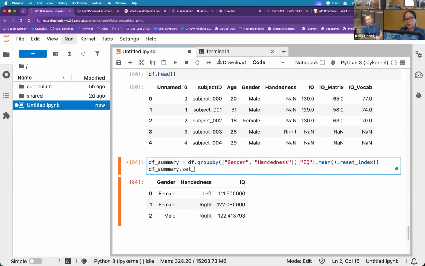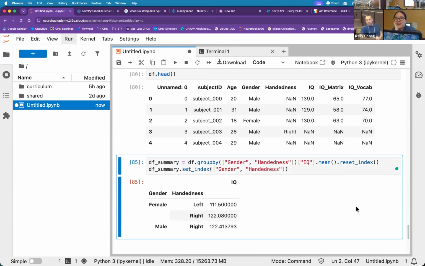Now, okay, let's do that set index again, but this time let's do gender and handedness together. Handedness spelling is good. Now can you see what's happening when I do a double index? Again, note the offset, note the bold. It's not actually row numbers anymore. Now we can refer to or get data out of this data frame via these female left or female right kinds of combinations.